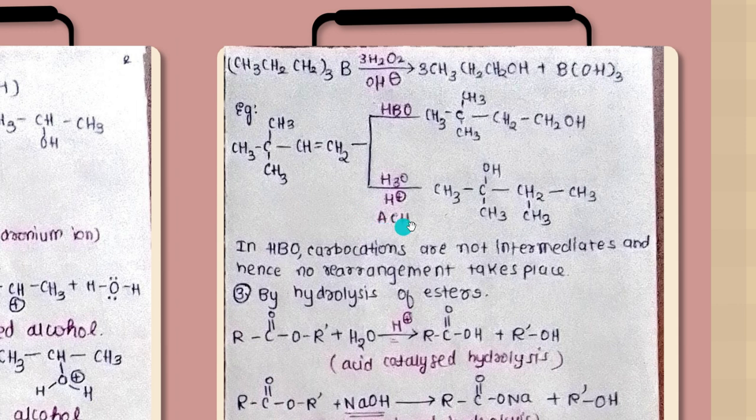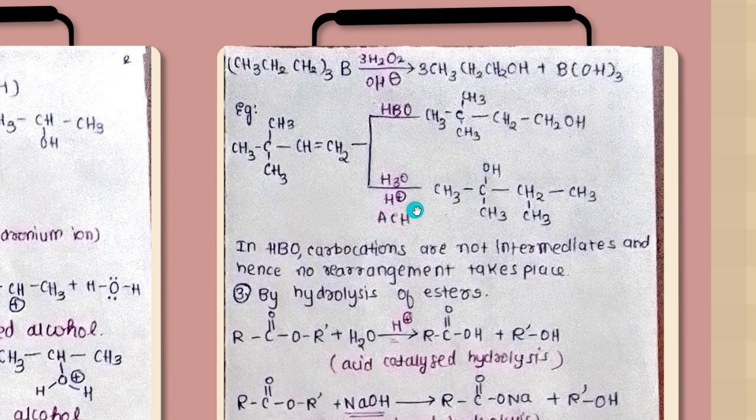Alright, now this is the final example when we do hydroboration oxidation, that is the second process using alkenes, and the first process, that is acid catalyzed hydration. So when we do hydroboration oxidation of this molecule, now what is this? This is having a tertiary carbon atom, right? So here, as you can see in hydroboration oxidation, we simply add OH at the end here. Breaking the double bond, we will add OH here.